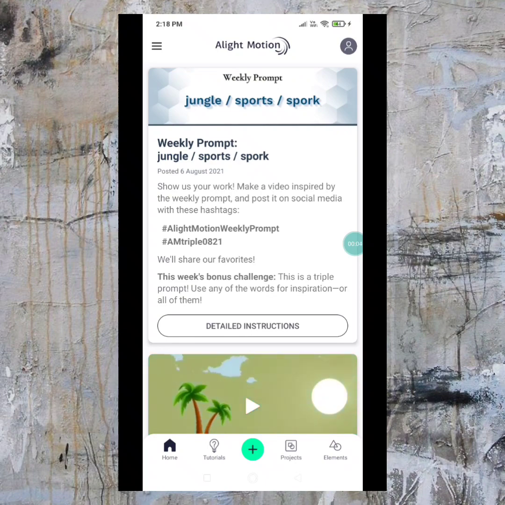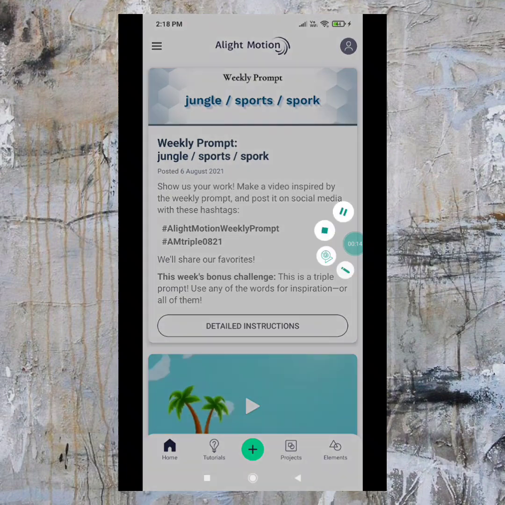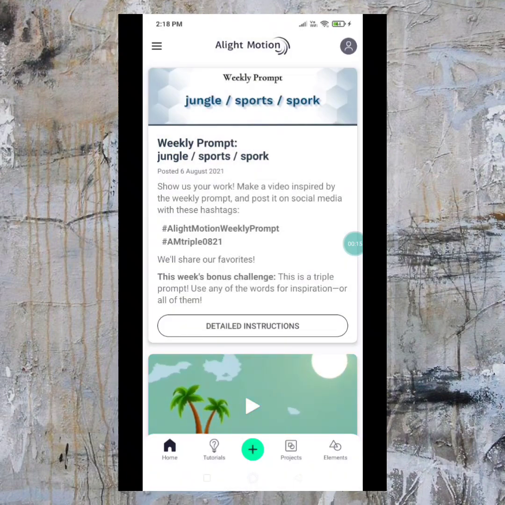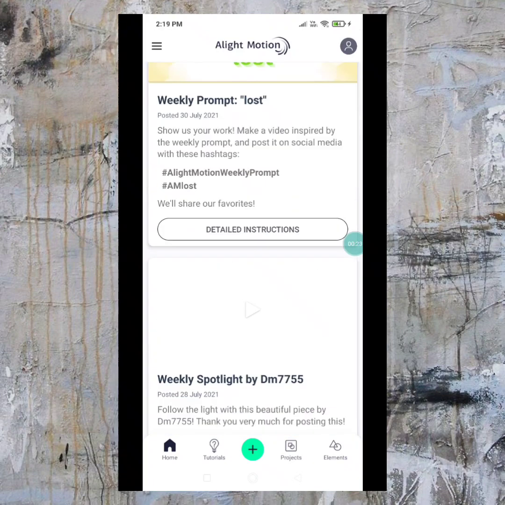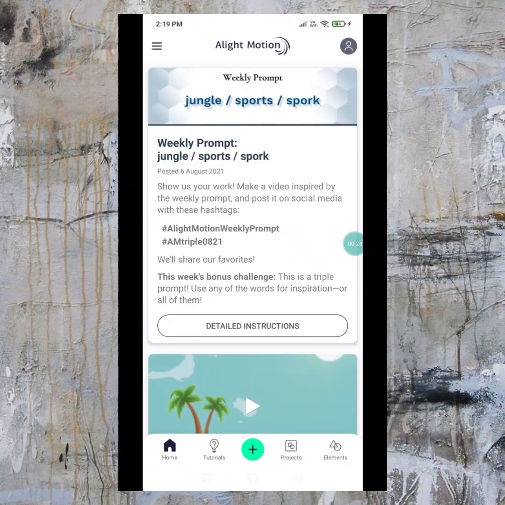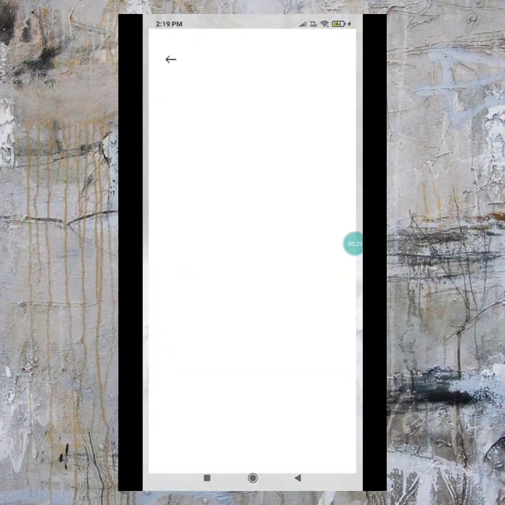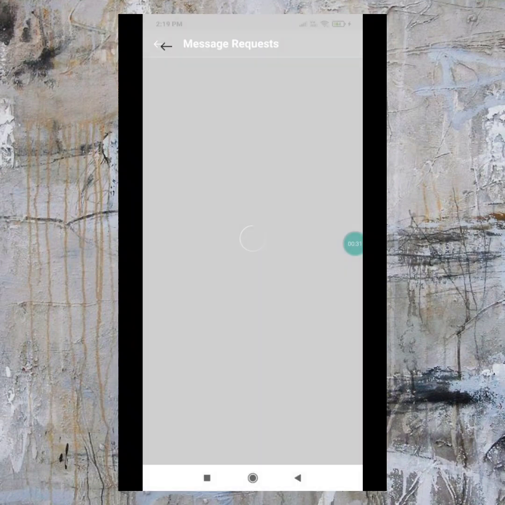This is Neetu, and today I'll make a complete video on Alight Motion. I have received so many queries, so I'll be clearing all those in this video. The first thing I got is how to import an XML file. Every time you participate in any giveaway, you will get an XML file. So now the question is how to import the XML file. Let me show you.